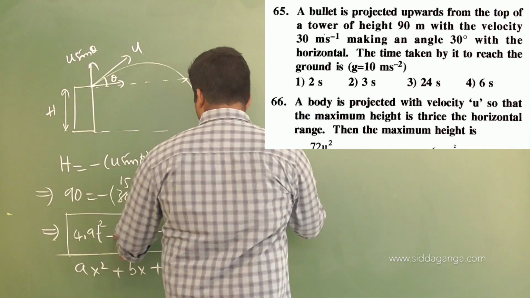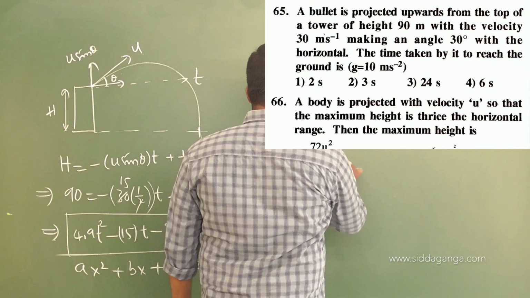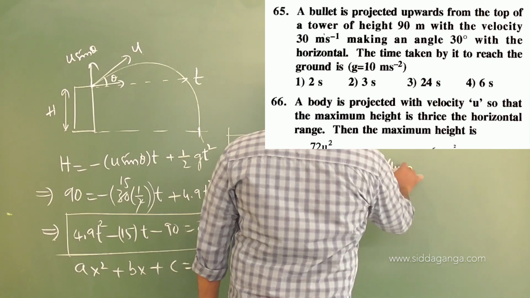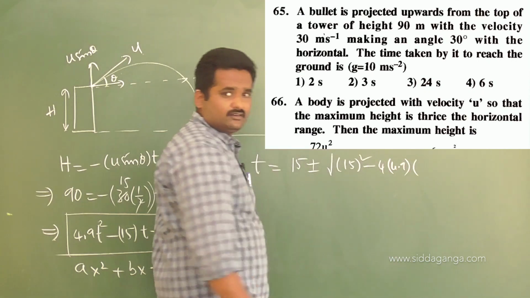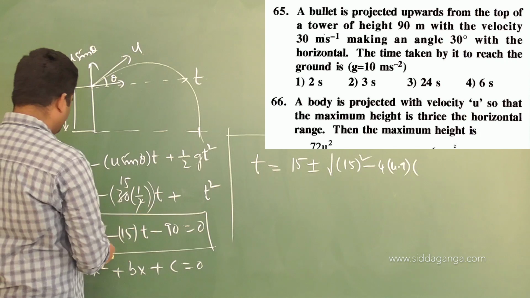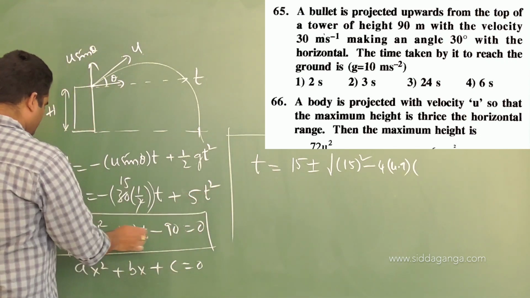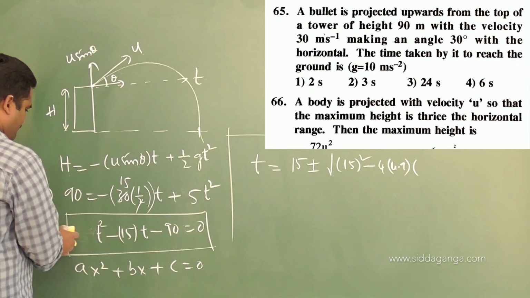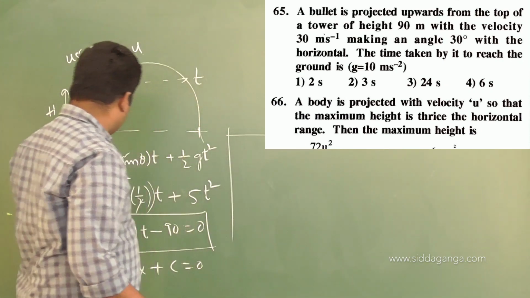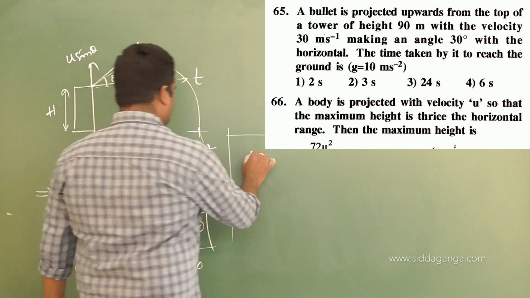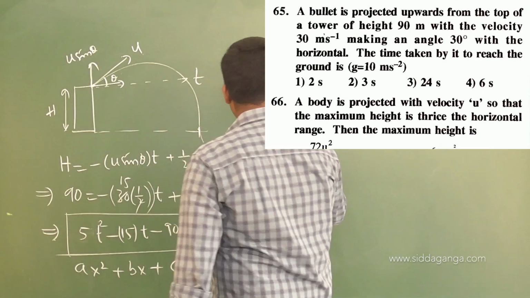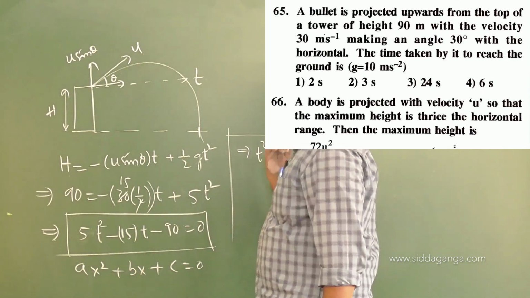Use that relation. Here minus b means 15 plus or minus root of b square, 15 square, minus 4 into a, which is 4.9, into c. They are asking to take g as 10, yes, they have given 10 to be taken here, right? So I will take a as 5. Directly I will take this value as 5. Then let me reduce this equation again for simplification. With 5 I will cancel this entire term. What is the final equation? T square minus 3t minus 18, since 18 fives are 90. What are the roots of this equation now?